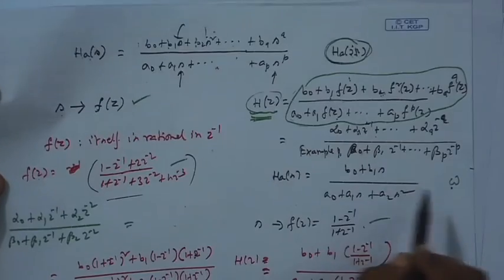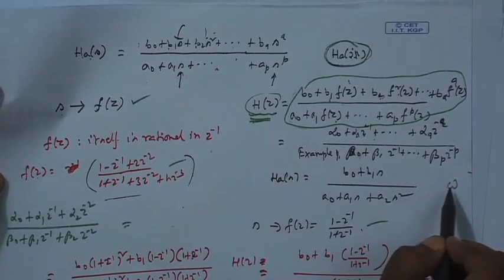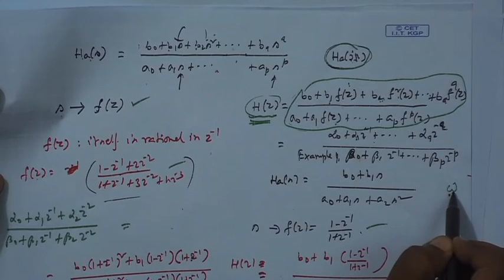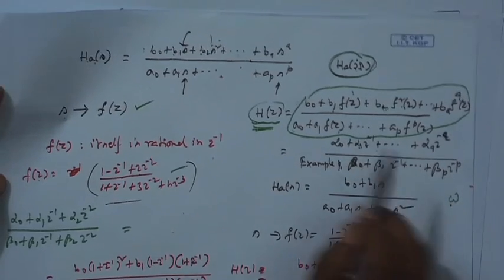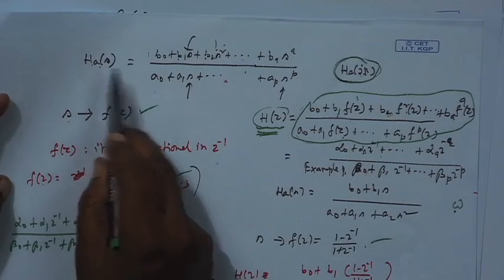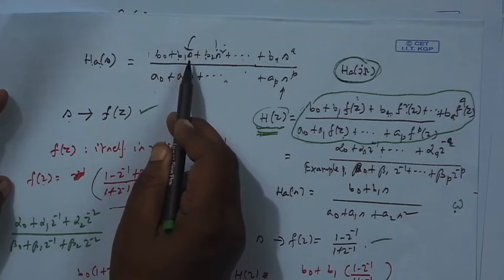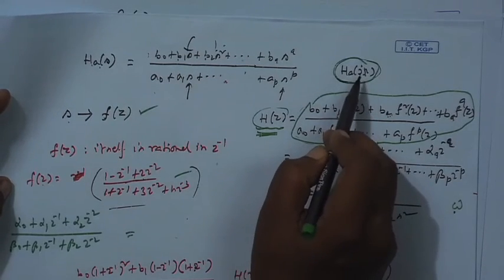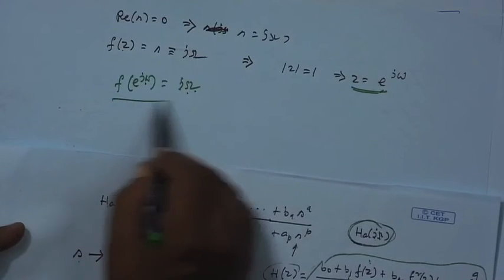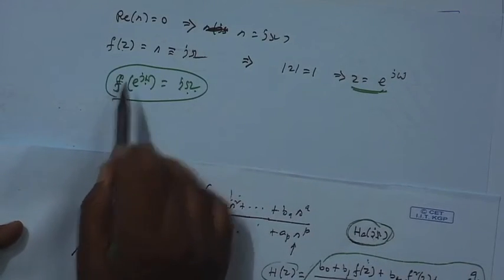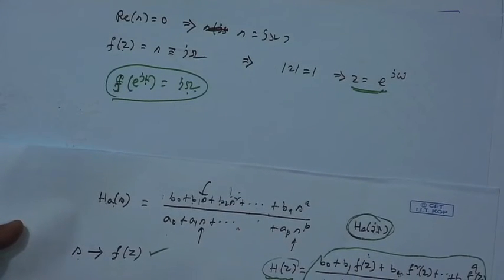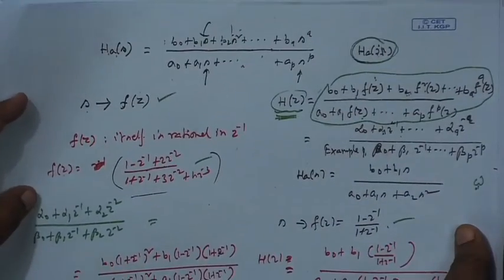So, the digital filter response at a digital frequency small omega will be the same as the analog frequency response at s equal to jΩ, analog frequency capital omega, where capital omega and small omega are related by this, where f is your function of your choice. These are the three main important properties. So, by the last property I can transform one frequency response figure into another.